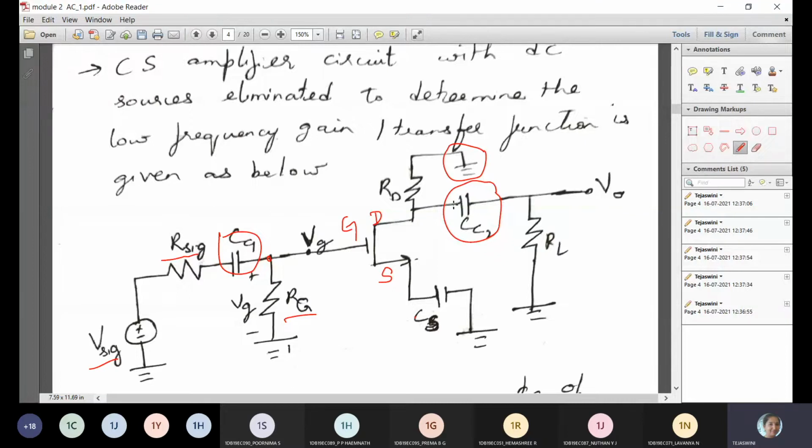For the drain terminal, we need a coupling capacitor at the output side, because in an amplifier you have many stages that have to be coupled with this first stage. So you require coupling capacitors at the input and the output, and you have a load resistor at the output node. Now the first thing is that we need to find the corner frequency for one capacitance. The remaining two capacitances we assume to be short circuited, one at a time. So with respect to one, we are going to find it.